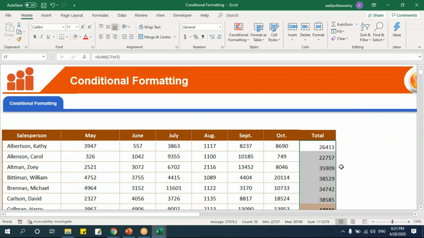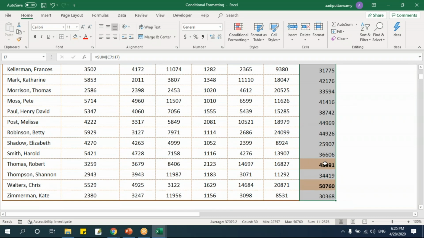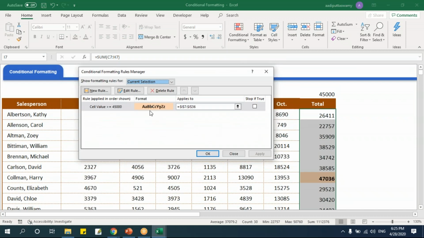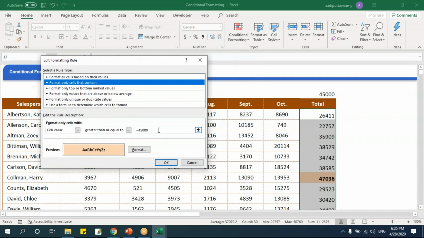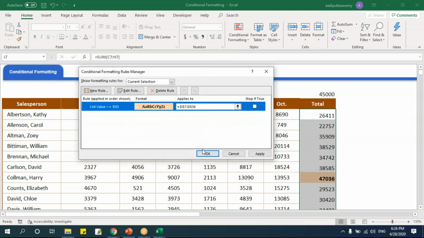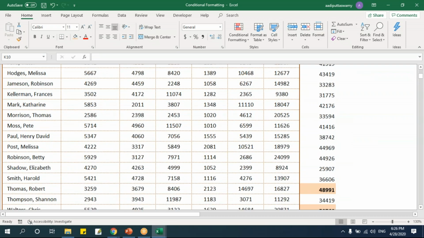But what I also can do is, instead of changing again and again, I can give a value somewhere here. Let's say I'll give 45,000 here. Now let me select this conditional formatting. I'll say manage rule. Double click here. Instead of specifying it with hard-coded values, select this, the range. We call it a range picker. Select this range. Say OK. See, now it is 45,000.